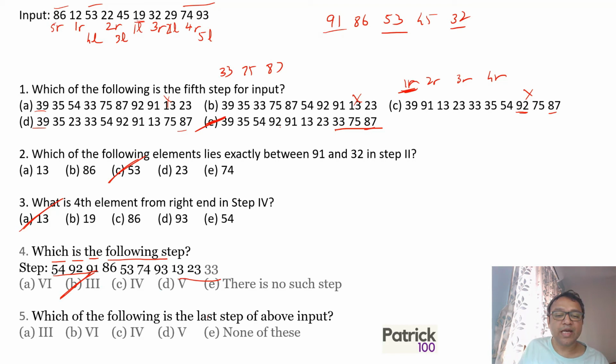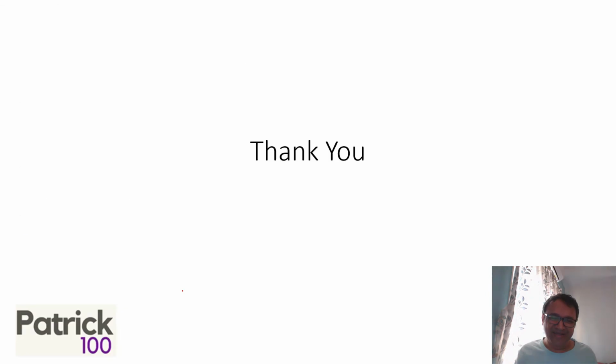And which of the following is the last step? 10 elements. Every step 2 elements are arranged. So you can make out there will be 5 steps. Right? So that's how we solve input output. Be comfortable with input output. If it comes and if it's easy, you will get 5 marks easily. Right? I hope it's clear. I explained 2 ways of solving it. One is writing all the steps and then trying to get the answer. Second is maybe trying to directly get the answer by looking at a series of numbers. Thank you.